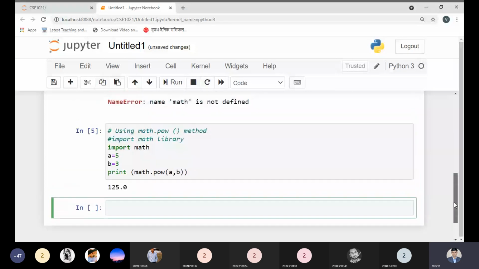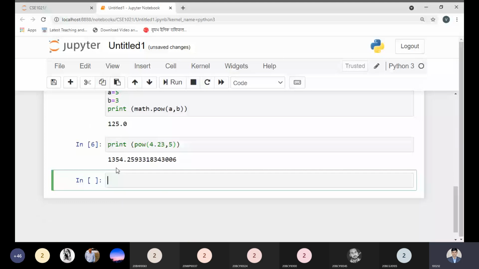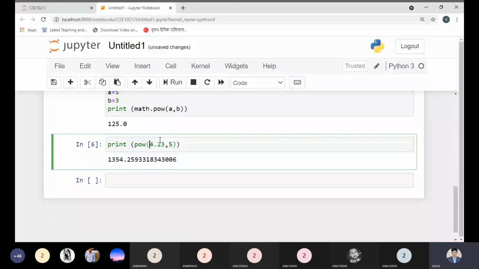Yes, sir. Okay, so what would be the answer of this one? Can anyone tell me? Would the answer be a decimal or a simple integer value? Decimal. See the result. Yes, we got the answer as a decimal. So it depends on what input and what value we are taking. Based on the value, we will get the answer in the form of an integer or float. But by default, there is no floating concept here, so we will get the answer as an integer only with the power operator.